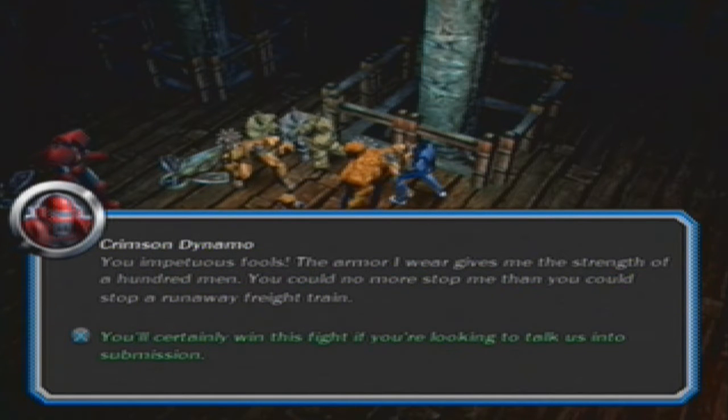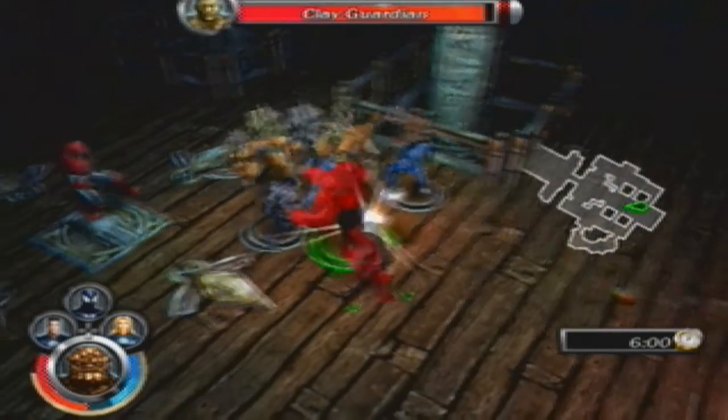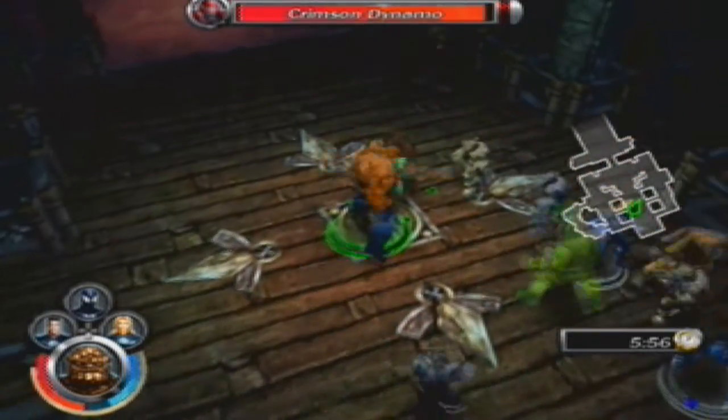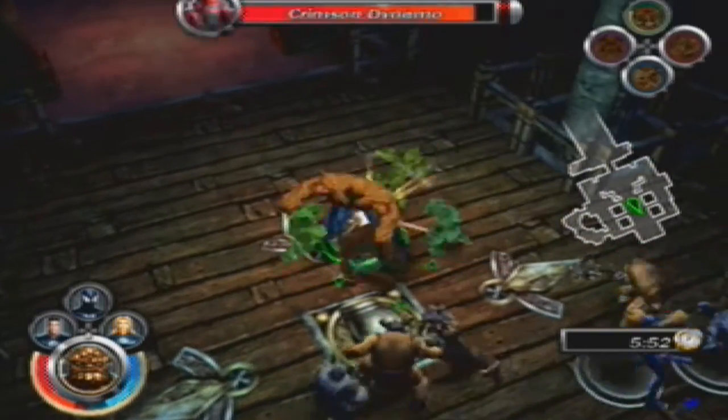There's not much to say except, well, that was just something. So we might as well just fight Crimson Dynamo. It's time for round 2 with Crimson Dynamo, and it's the same thing as round 1. No, seriously, the same fight. The only difference is, he actually throws the flashbangs a little bit faster than what he normally does. Other than that,